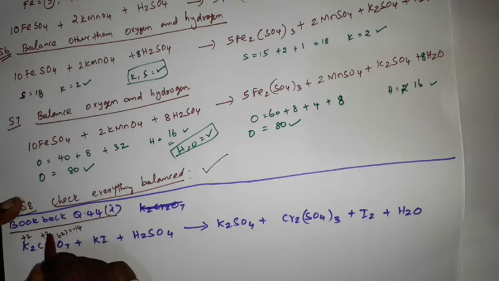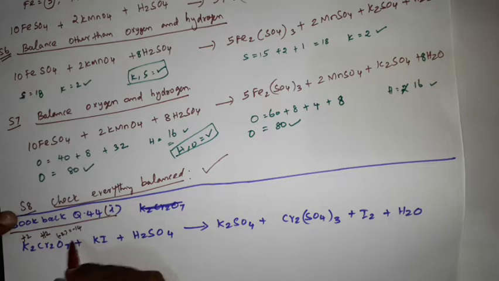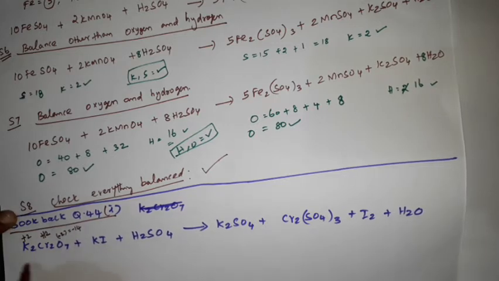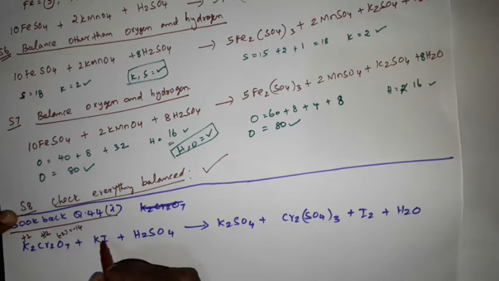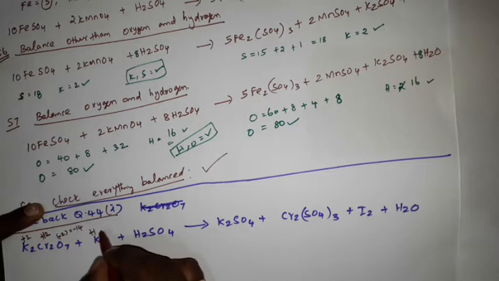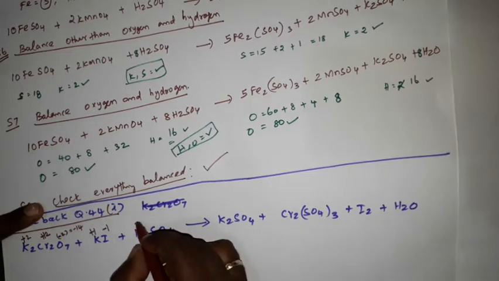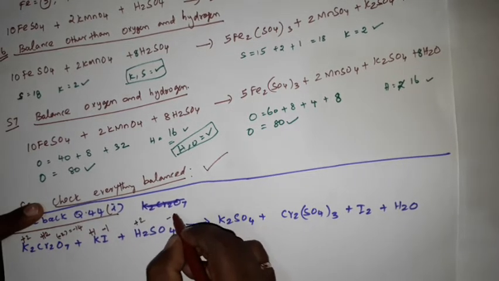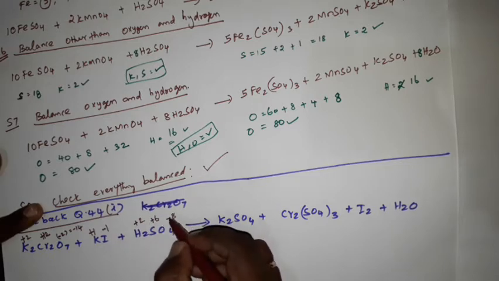Plus 12. See, actually the total oxidation number of the compound will be 0. So for oxygen minus 14, 2 potassium plus 2. So the balance is plus 12. So chromium is plus 12 here. Now here this is plus 1 and this is minus 1 and this is plus 2 minus 8 because 4 oxygen. So it will come plus 6. So plus 8 minus 8, it will be 0.